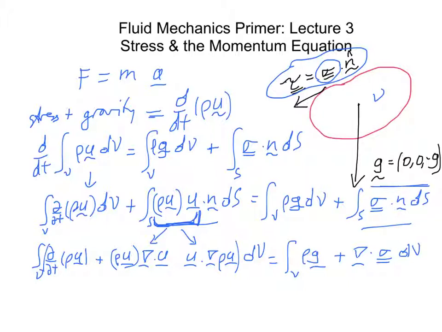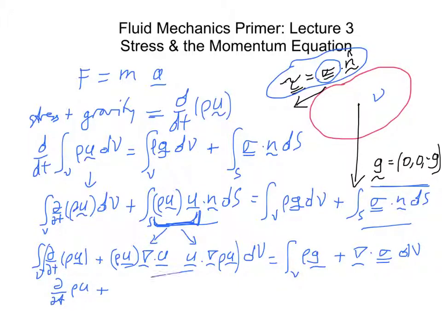Okay, so from here, once again we have an equation that we integrate over a volume of arbitrary size. We can make it arbitrarily small, so this equation applies at every point according to the continuum hypothesis, and that gives us d/dt of rho u